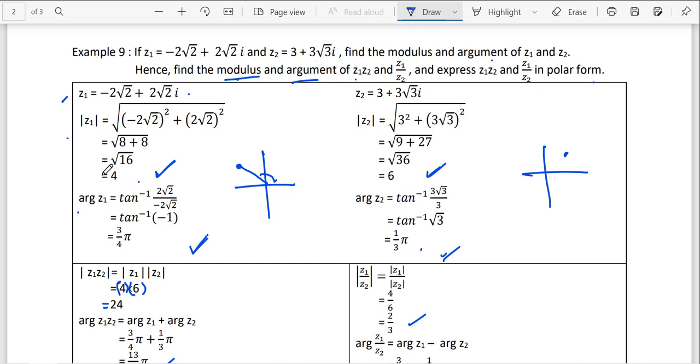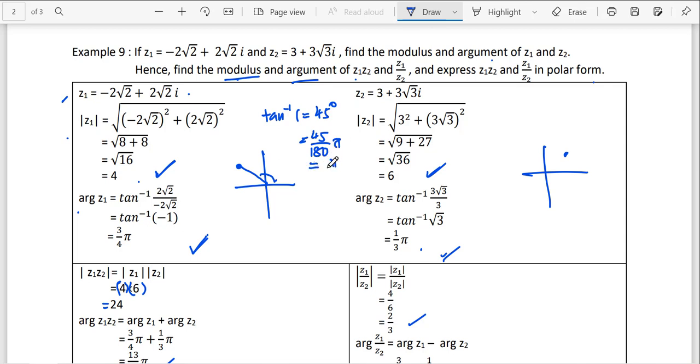Okay, for argument, be careful. This is negative, positive. So it is in the second quadrant. Okay, second quadrant, you try to check. Arctangent 1 is 45, right? You find arctangent 1 is 45. Okay, 45 means 45 over 180, so you get